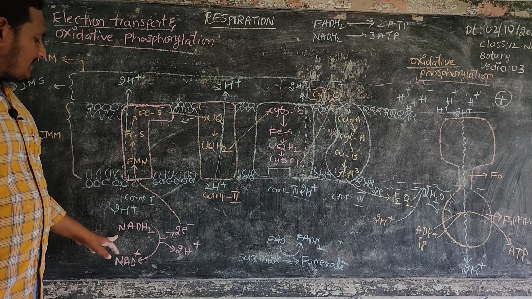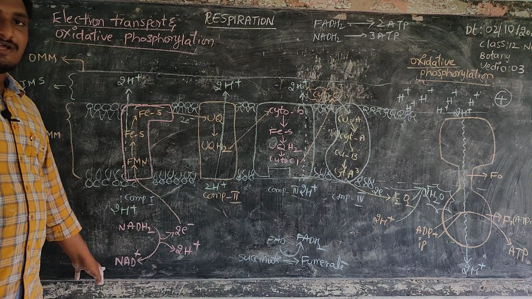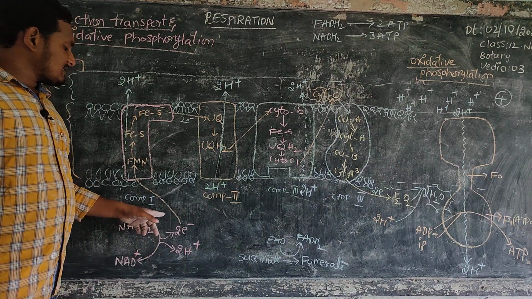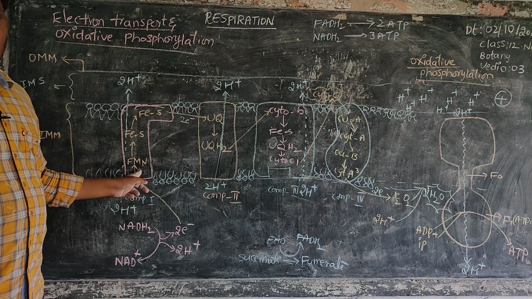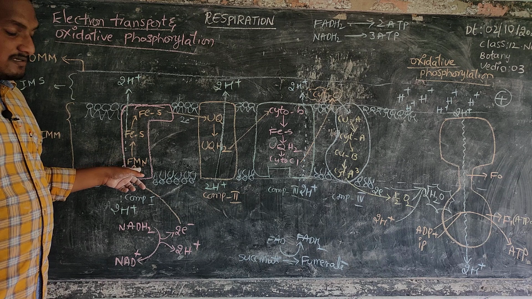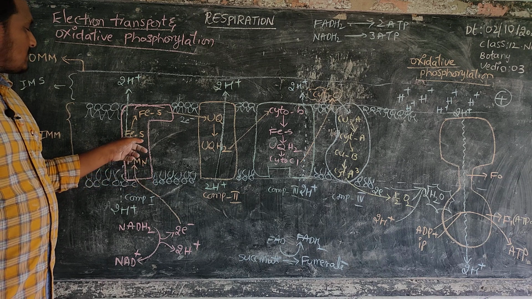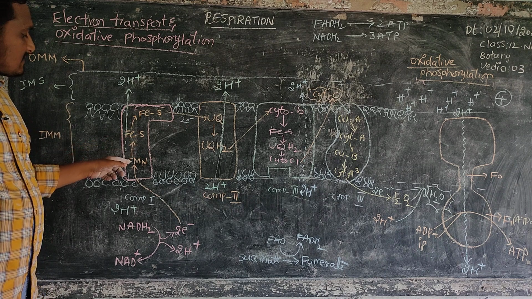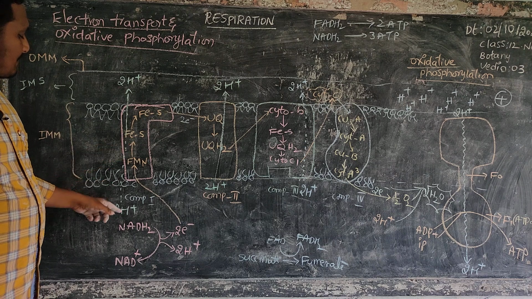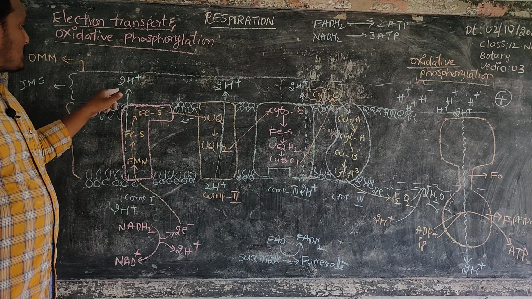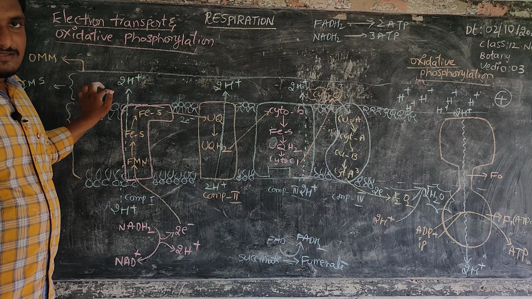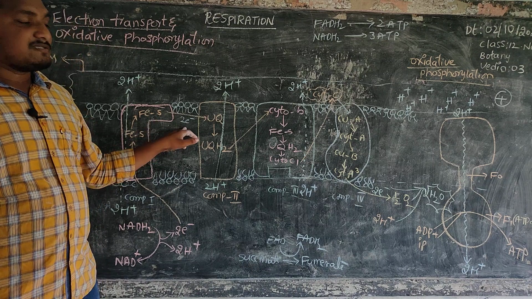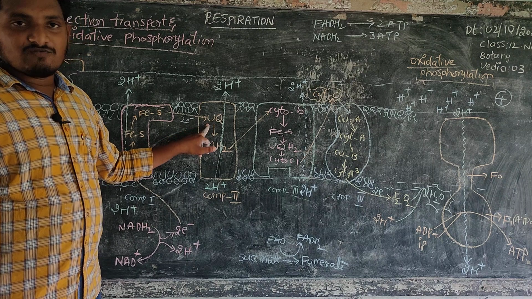In this process, NADH2 is oxidized to NAD plus regeneration, releasing a pair of electrons and a pair of protons. The pair of electrons is received by flavin mononucleotide. Flavin mononucleotide sends these electrons to iron-sulfur. Electrons travel through the iron-sulfur, and the pair of protons from the matrix is released into the intermembrane space. Next, from the iron-sulfur the pair of electrons is received by ubiquinone.